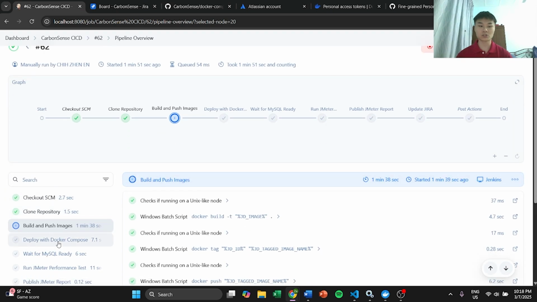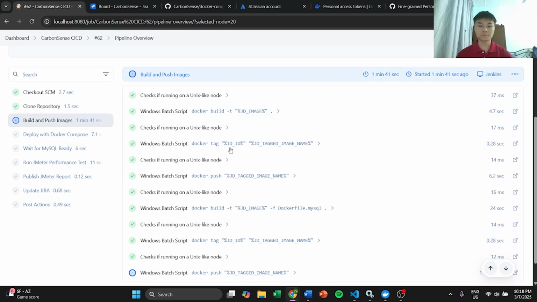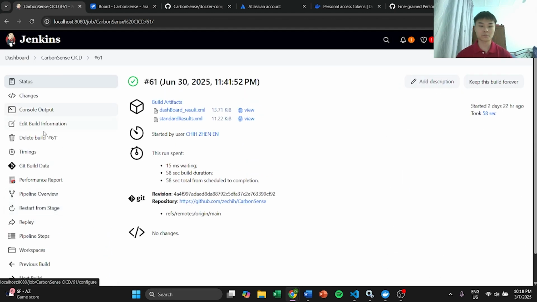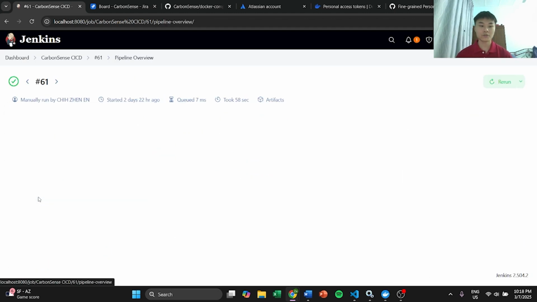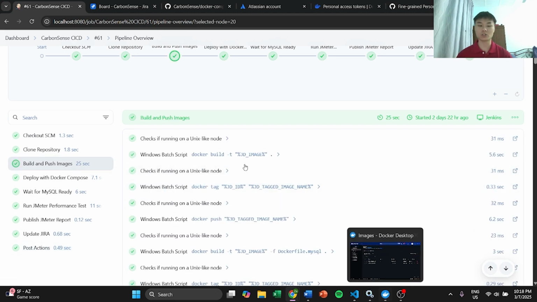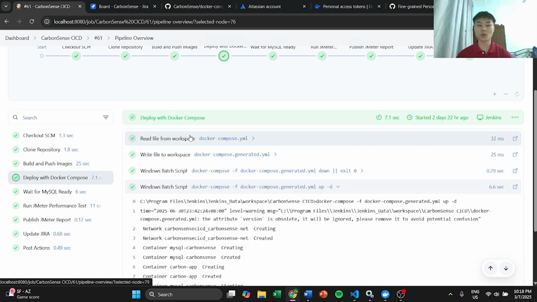It's not here yet. I'll be explaining with build 61. So for the third step is building and pushing it. So you can see in the Docker it will push, and we will be deploying with the Docker